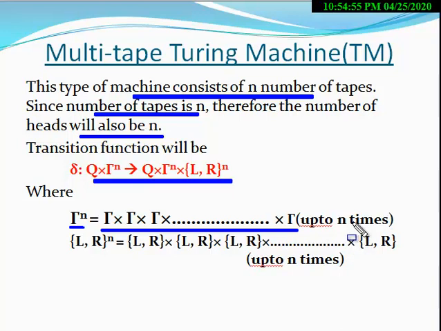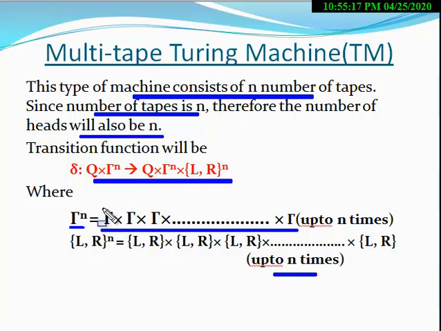If the number of tapes is n, then here you have to use n. N denotes the number of tapes. Here {L, R}^n is {L, R} × {L, R} up to n times,